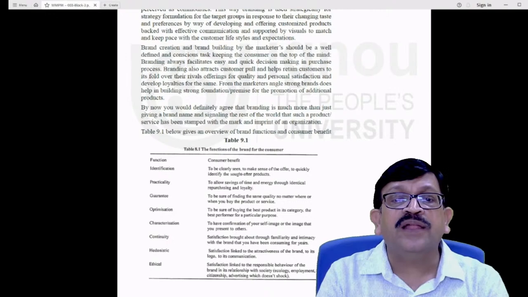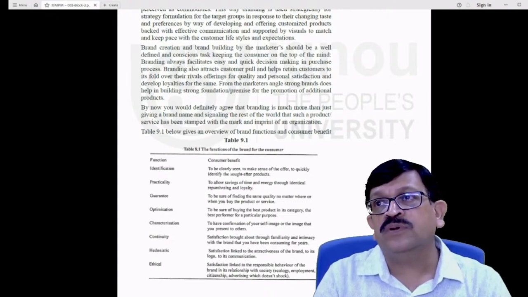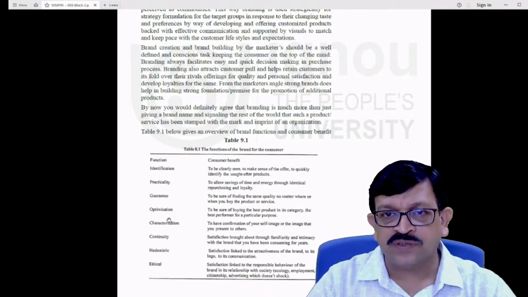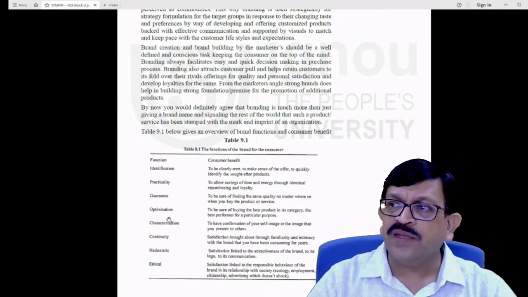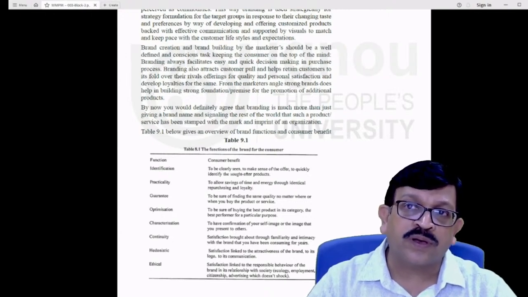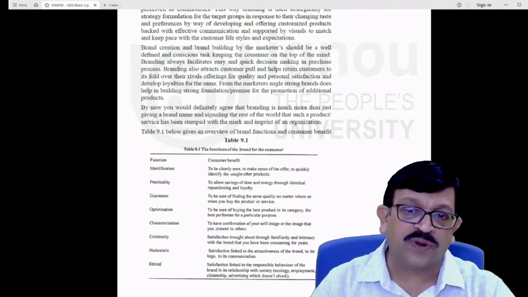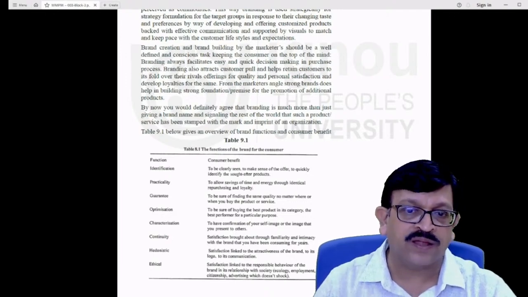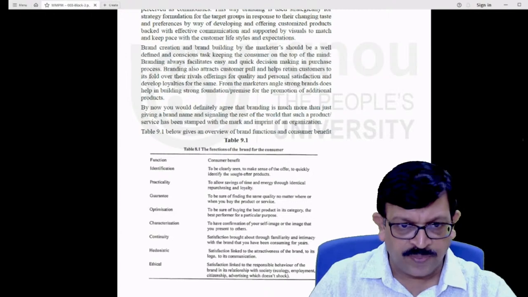In terms of practicality, if I offer products without brand names, just like that, it may take time for them to register and will not be able to convey what it stands for. So it becomes easier for people to identify with and can take an action.